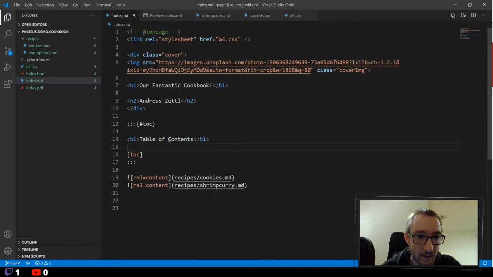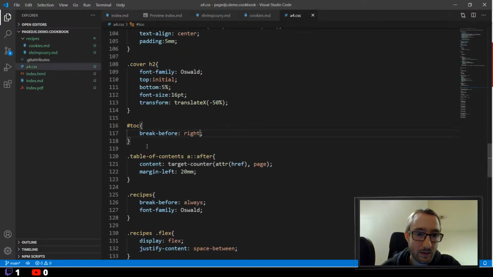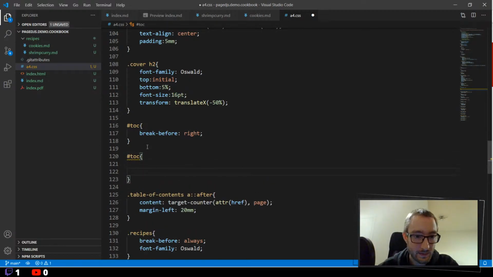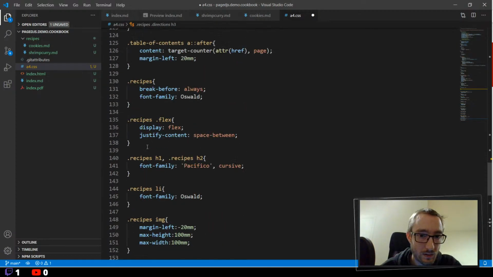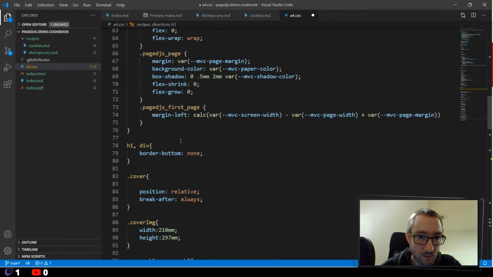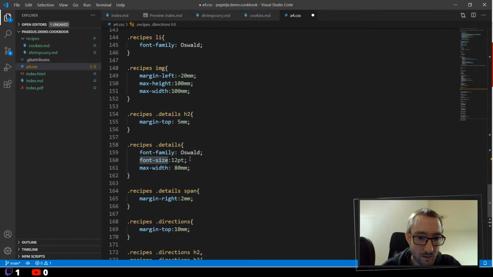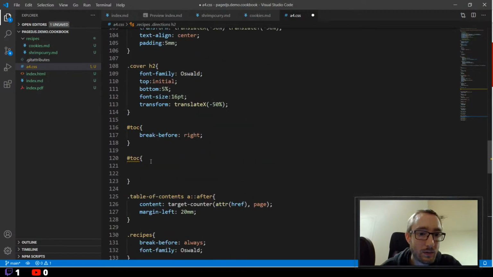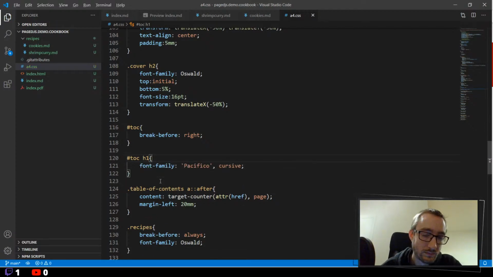So what we would start with is styling this page. Let me go back here, and we are actually in the ID table of contents. So let's go in the CSS file and first start with the heading. So here we just copy the font we are using for the headings. Let me just find it, this one here, and we will use the same for the H1 on the table of contents page. So let's look at the preview,